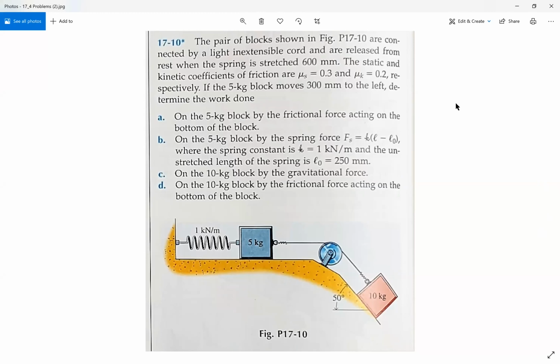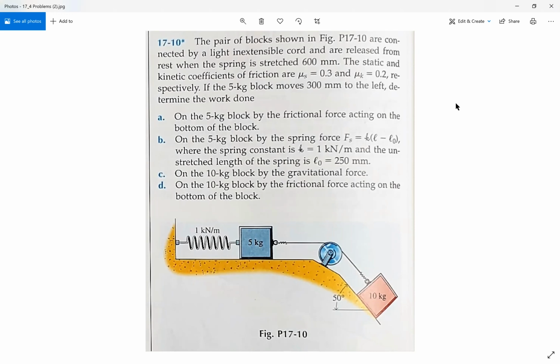This is problem 17-10. The pair of blocks shown in the figure are connected by a light, inextensible cord and are released from rest when the spring is stretched 600 millimeters. The static and kinetic coefficients of friction are mu sub s equals 0.3 and mu sub k equals 0.2, respectively. If the 5 kilogram block moves 300 millimeters to the left, determine the work done